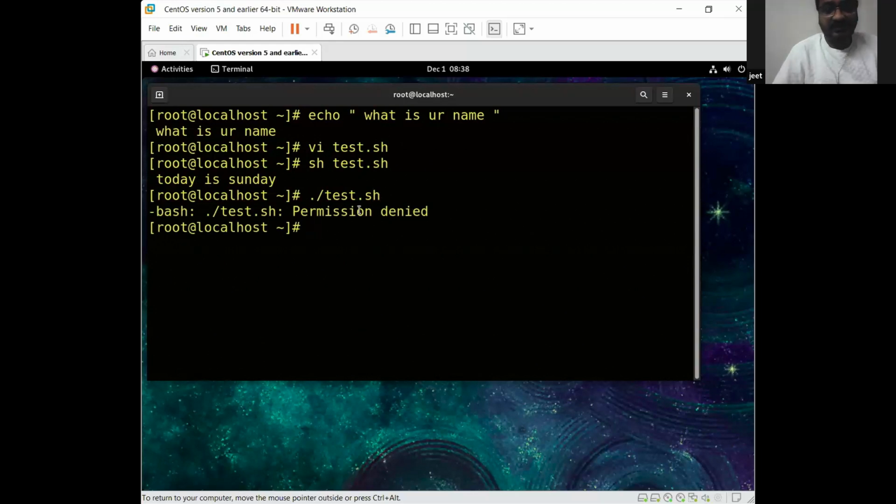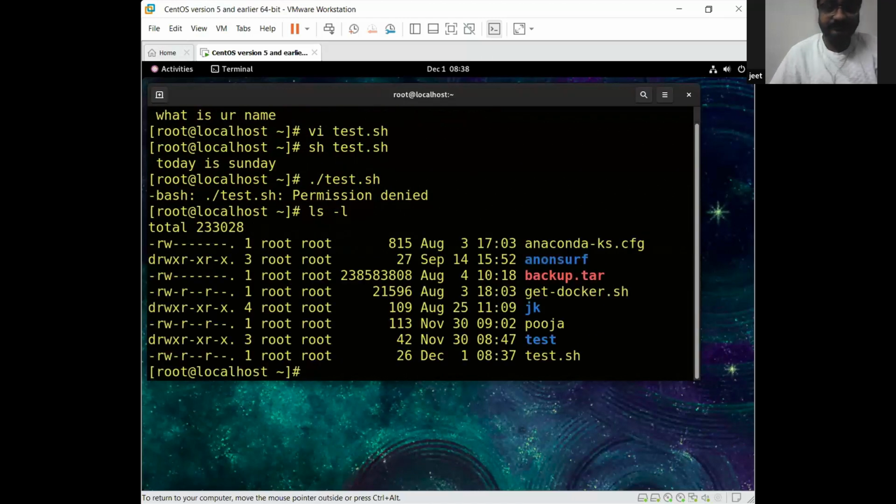Okay, why? If you check ls -l, in the test.sh, I don't have the execute permission. So that's why I'm getting the error. So what I need to do, chmod,